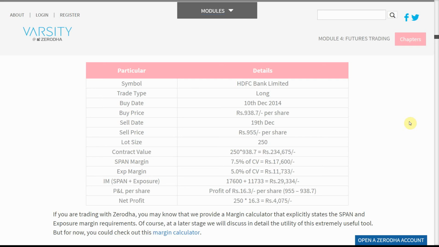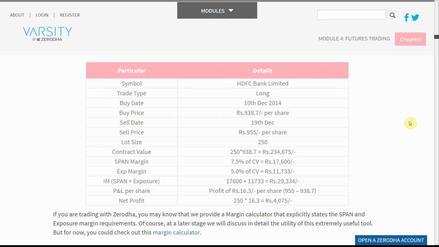Buy price 938 rupees and 70 paise per share. Sell date the 19th of December. Sell price 955 rupees per share. Lot size 250. Contract value 250 * 938.7 equals